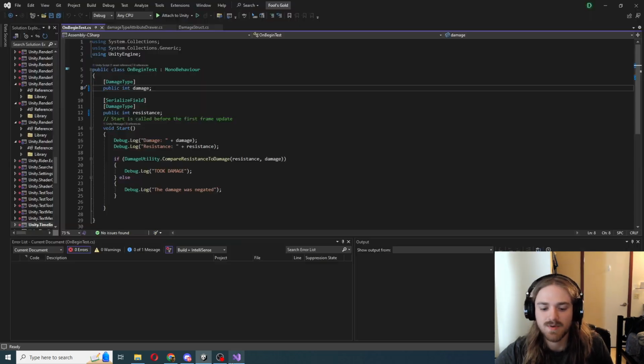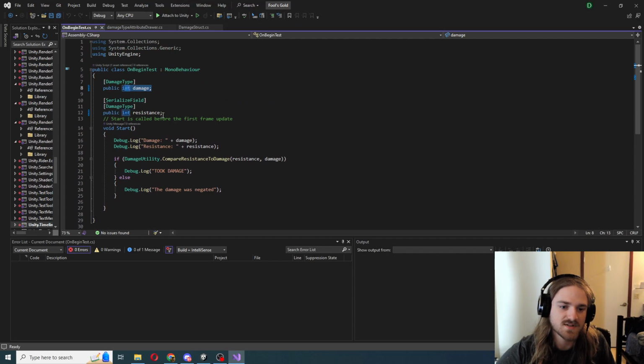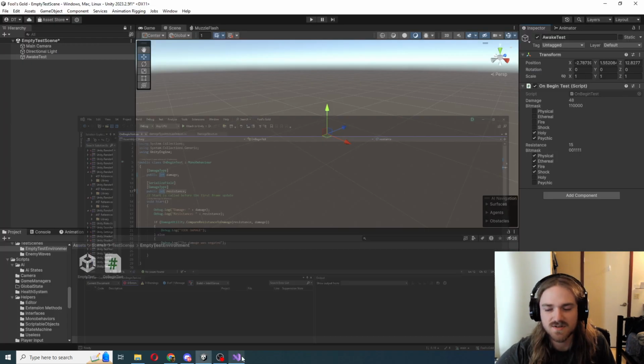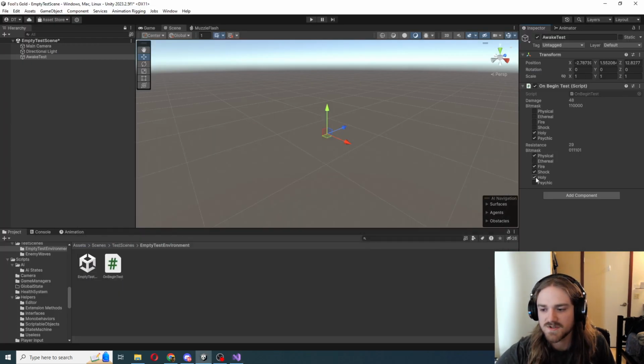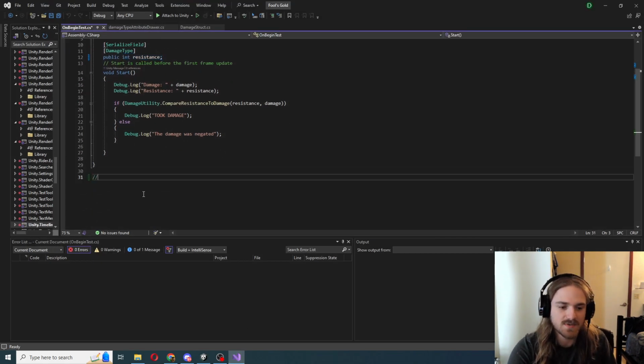But what is actually happening? So here's the test that I'm running, and you can see the damage and resistance, they're just integers. So how is it storing all of this Boolean information? Well, if you go all the way deep into computer science, everything in computers is 1 and a 0. So that number might look like this, like